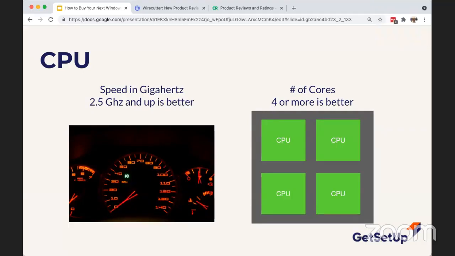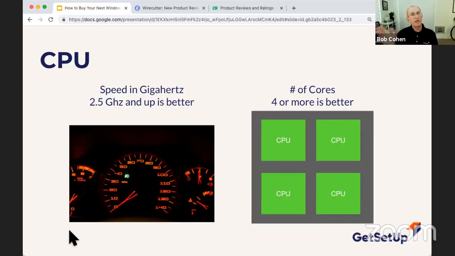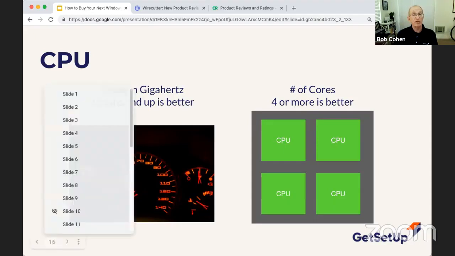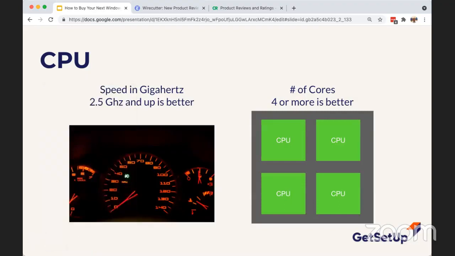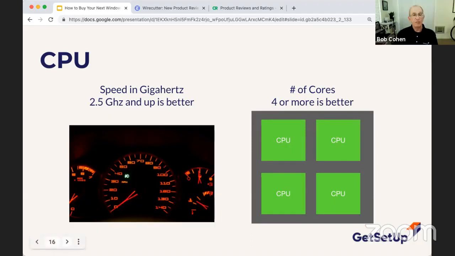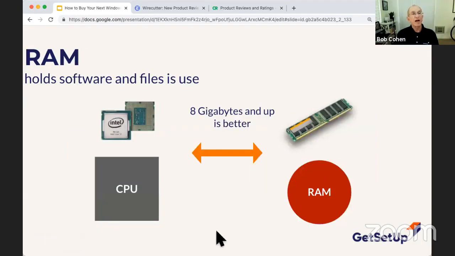I'm just curious. I've heard a lot about mining crypto, and I was curious how many CPUs I would need to operate a computer that would mine crypto? That's off topic, but you don't even use a standard CPU. You have to get specialized types of computer chips for that. That's a lie. That isn't what you need. You don't need a specialized CPU. You just need more GPUs. You can mine it. Okay, Bill. Okay, RAM. RAM is what holds the software and the files while you're using it.